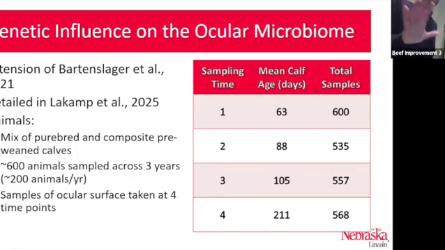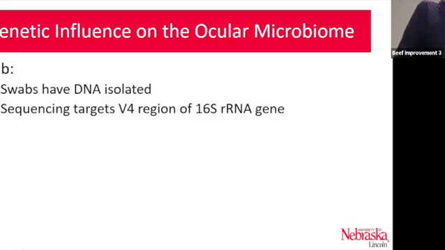So what this is, when I say sample, it is taking essentially a Q-tip and swabbing the eye and the conjunctiva, which is that little corner. Okay, so the lab, I'm going to skim over this part quite a bit, but you take your sample, goes to the lab, DNA gets isolated. That is sequencing targeting the V4 region of the 16S RNA gene, and all that means is we're going to look at this specific spot in DNA to try to figure out what bacteria and archaea are there.